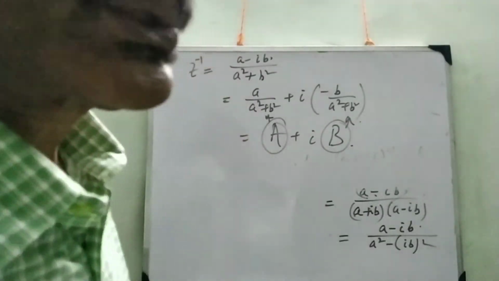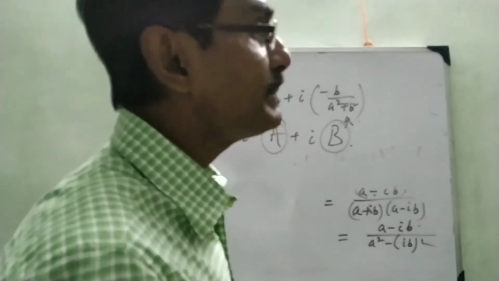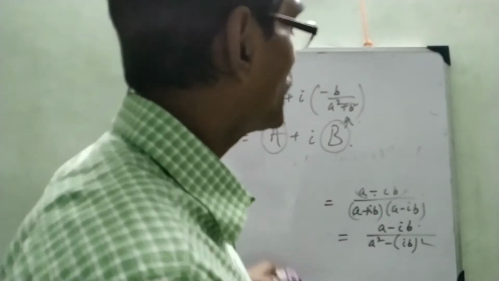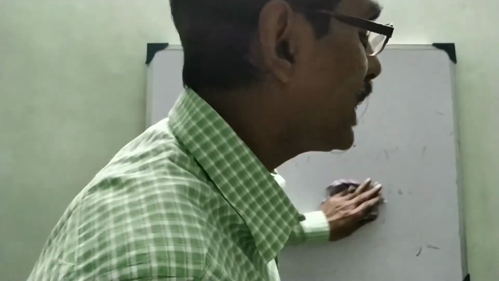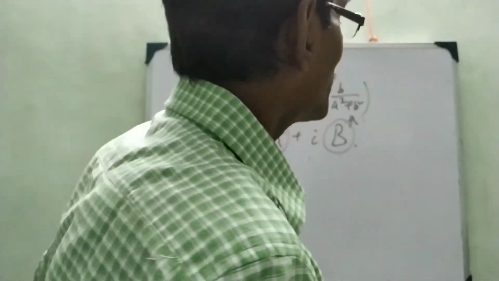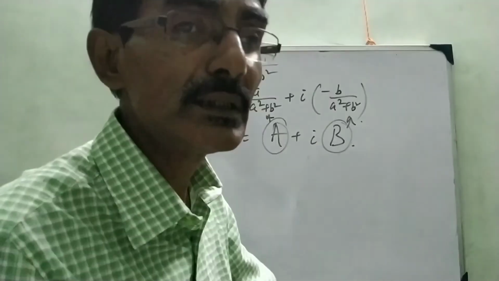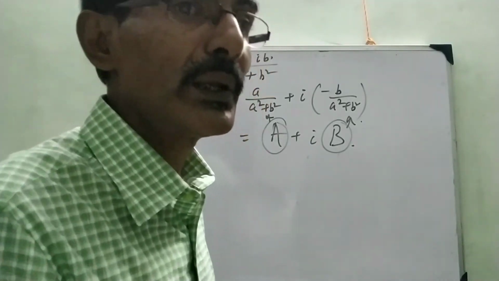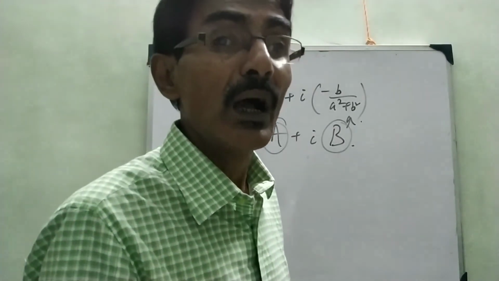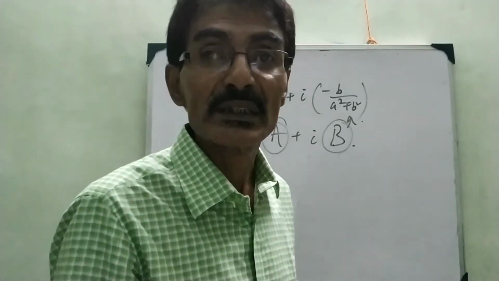So there are two inverses of the complex number, additive and multiplicative. When the actual question comes like that, you will be able to do it, and many more terms and examples are already solved in the study material. You will go through it. If you get any doubt, any problem, you will just ask me. I will help you in the next class. So today is up to this. Okay.